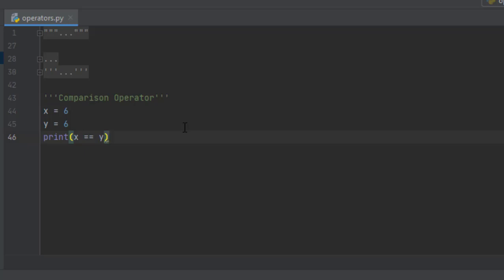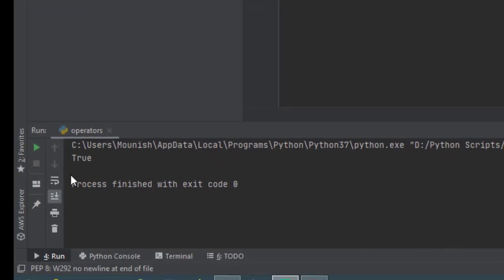When two variables are being compared, it will just check whether it is true or false, and the returning value also will be either true or false. Suppose if we do this, it's true. It's not showing x6 is equal to 6 or x is equal to y. It is showing true.